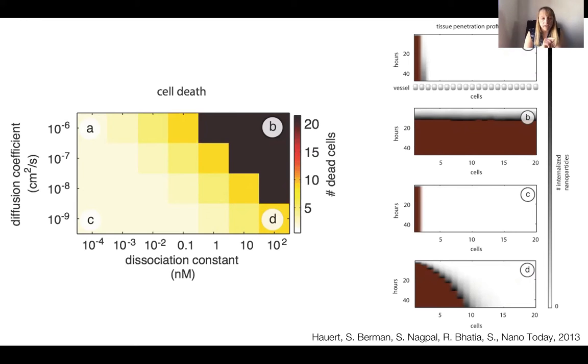For example, A was a particle that was very sticky. If you were to test this in a dish with cancer cells, it would look great because those particles would essentially stick to all the cancer cells and kill those cells in the dish, in those well-mixed environments. Whereas in my line of tumor cells, the particles leak out, stick to the first cells they encounter, and never go deep into the tumor tissue. So that's really an example where the collective behavior of all these particles in these complex environments does matter for